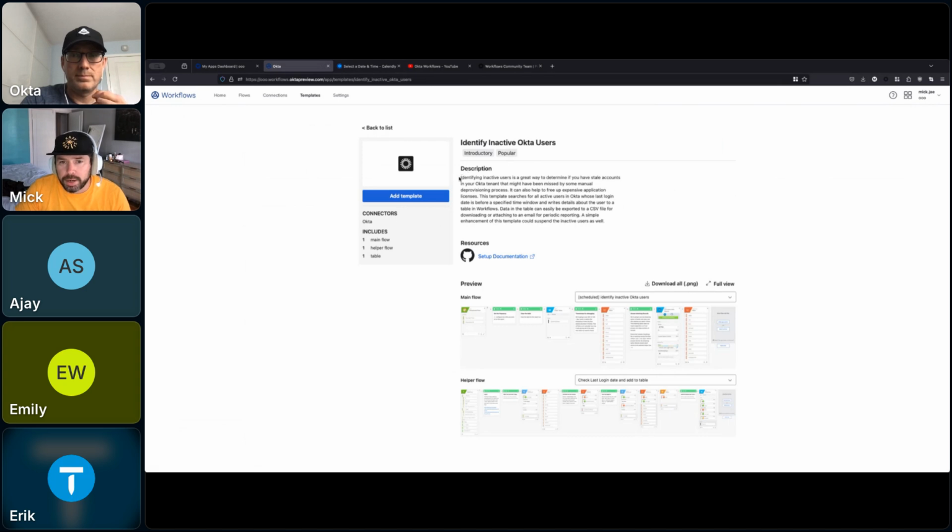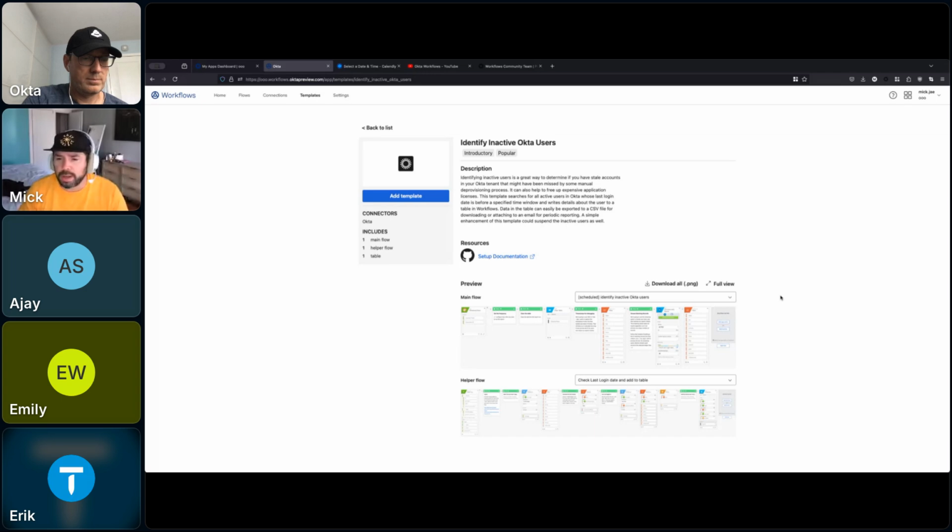We've got the description here, giving a high level overview of what the purpose of this template is. We've got screenshots of the flows that are involved in the particular template. If you're a visual learner like me, it helps to take a look at it, since this is a visual low code, no code platform product.